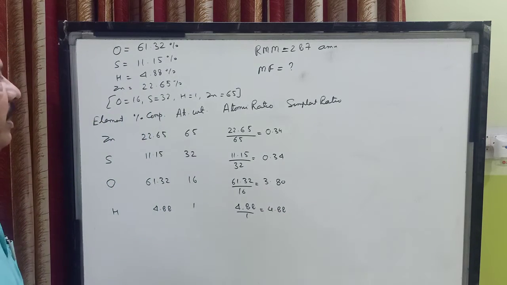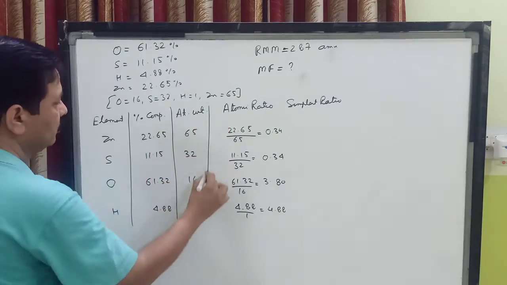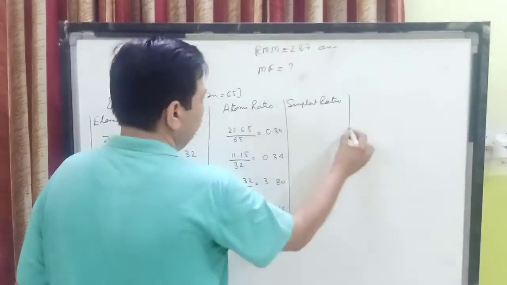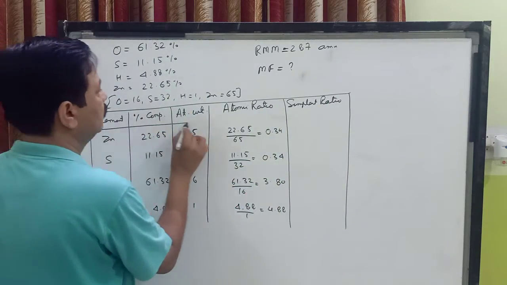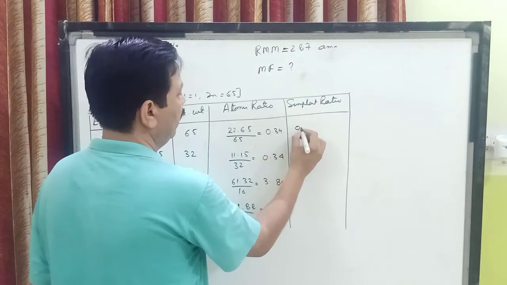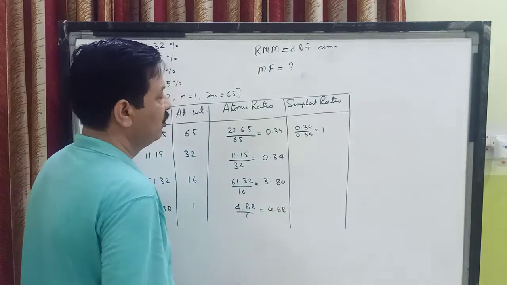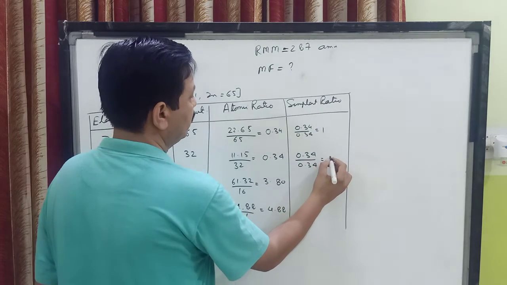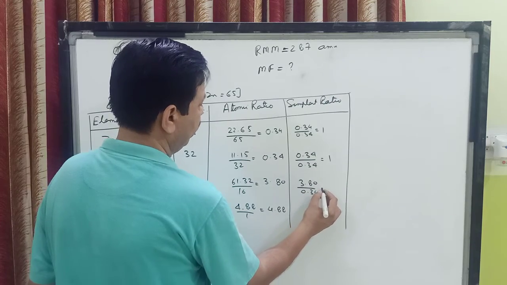Now children, what is the next step which we do? We make it as a table. Now we see which is the smallest value. So here we calculate the simple ratio by dividing it by the smallest value. Here it is 0.34 divided by 0.34, which comes out to be 1, and